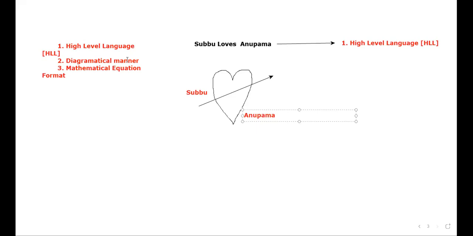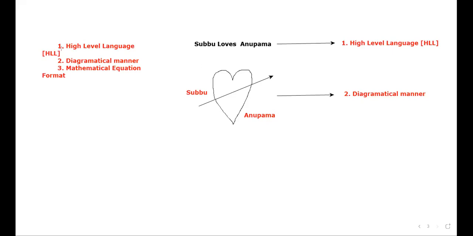But now tell me, in which format has the requirement been given for the company? If you look at this diagram, please tell me in which format they have given it. Don't you think it's the diagrammatical manner? I'm just giving a normal example, a comedy example, just to make sure you understand the concept in a better manner. Technical examples I'll definitely give when I'm explaining requirements in detail.